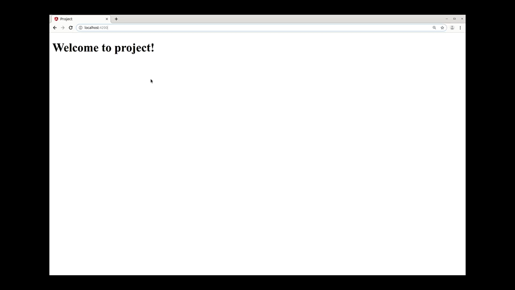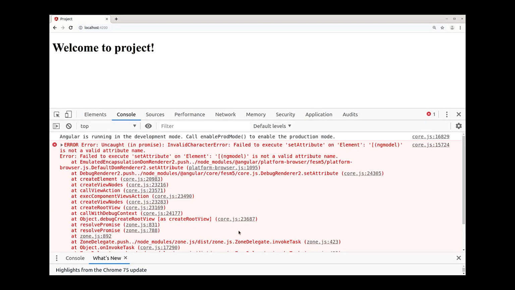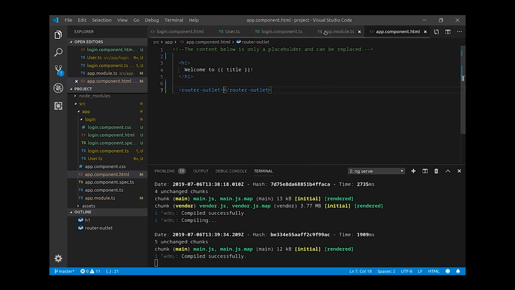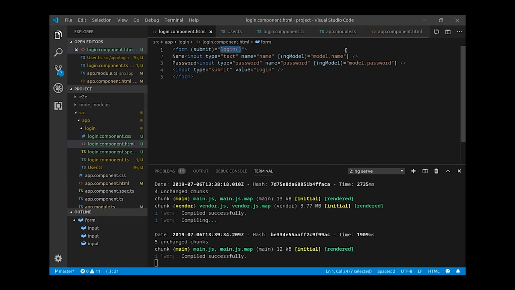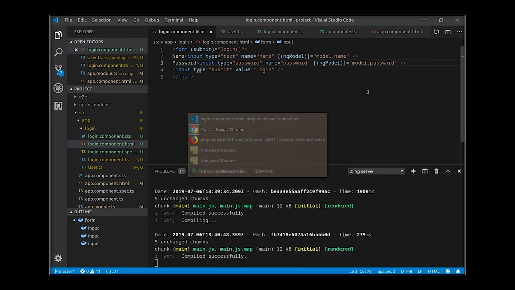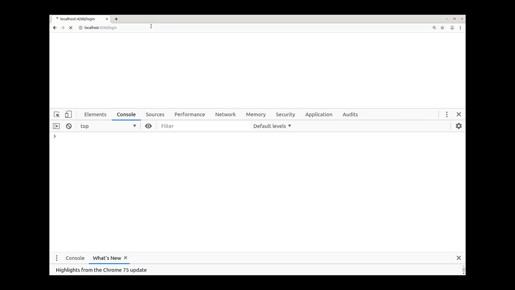Let's open up the console with F12 to inspect what the error is. And we see that we have some binding error here. ngModel is not a valid attribute name. We'll go back to our code, and inside of our form, we should close the bracket here. It's a syntax error, and Angular is very specific and looks for all the missing attributes. So again, we'll try to load the login route,